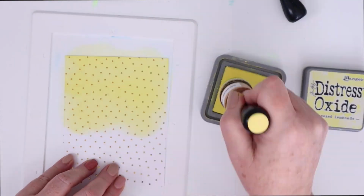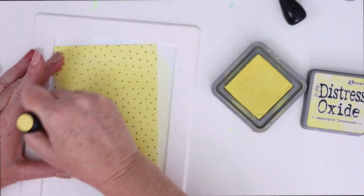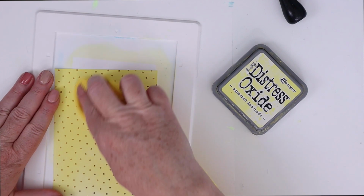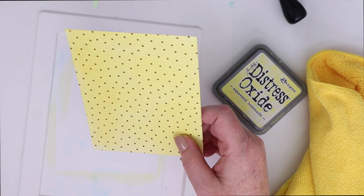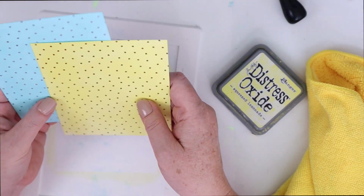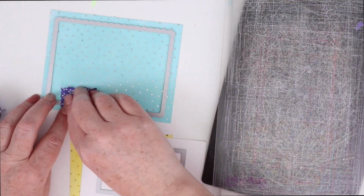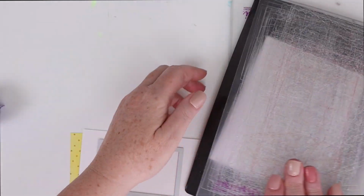So the second sheet of Baby Swiss Dots, I foiled with some Sunshine Yellow, and I'm going to ink blend Squeezed Lemonade Distress Oxide on top. Again, once I've ink blended, I do just take a dry towel and wipe away any of the ink that might remain on those little foiled dots, and so you get a beautiful ink blended background with lots of shine on top. I'm going to die cut out a scalloped rectangle with a waffle flower rectangle die,